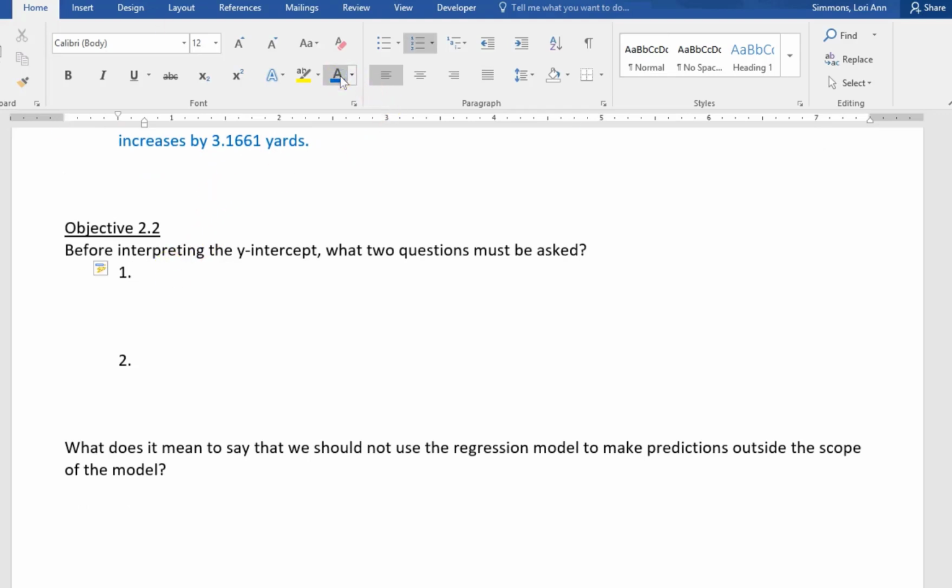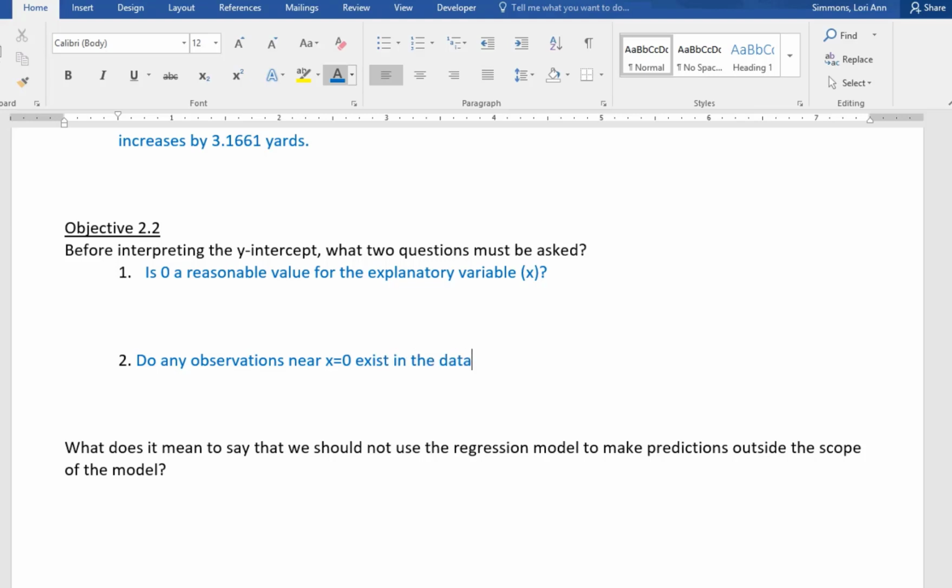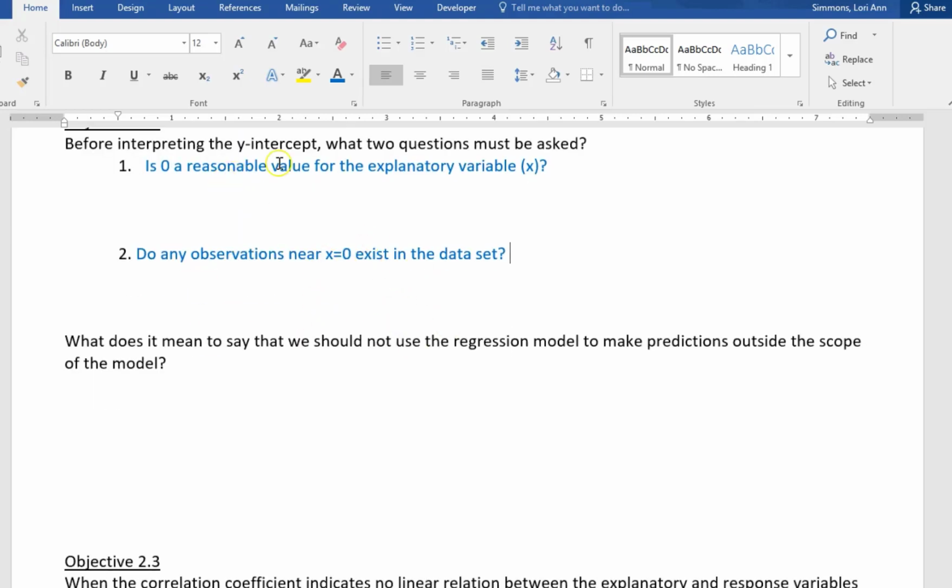Before you interpret the y-intercept, you need to ask yourself two questions. Is 0 a reasonable value for the explanatory variable, otherwise known as your x? If not, then you don't need to interpret the y-intercept. Same for the second question: do any observations near x equaling 0 exist in the data set? If no, you cannot interpret the y-intercept. So ask these questions first before you put the work into interpreting, because you might not have to interpret the